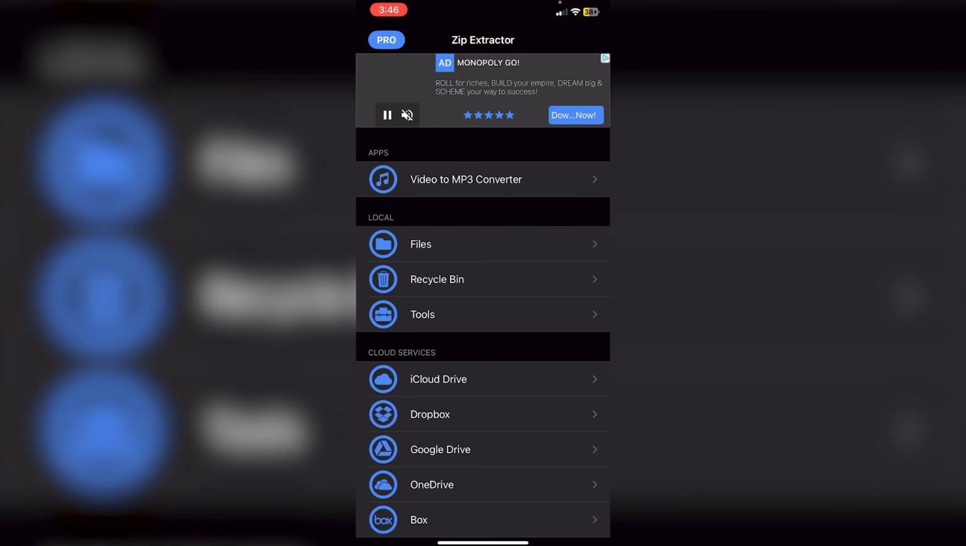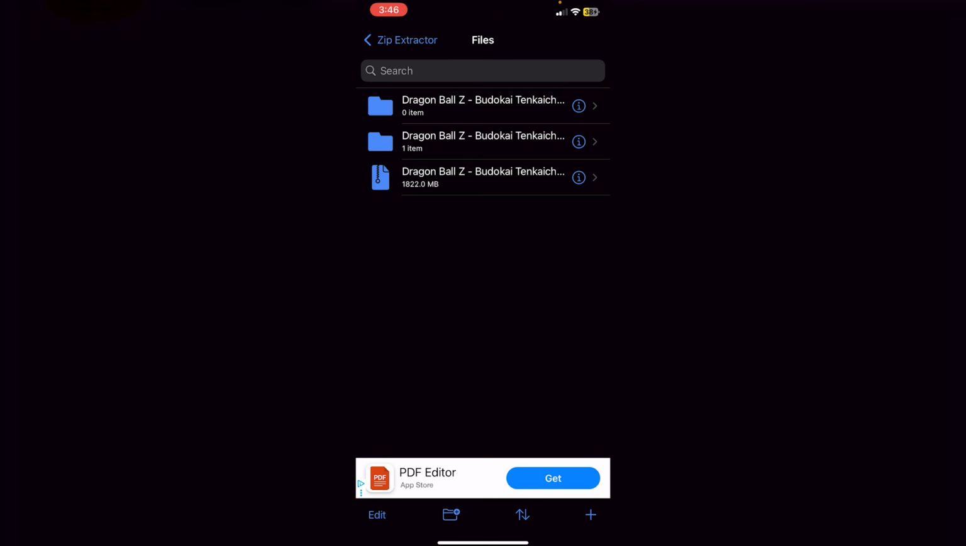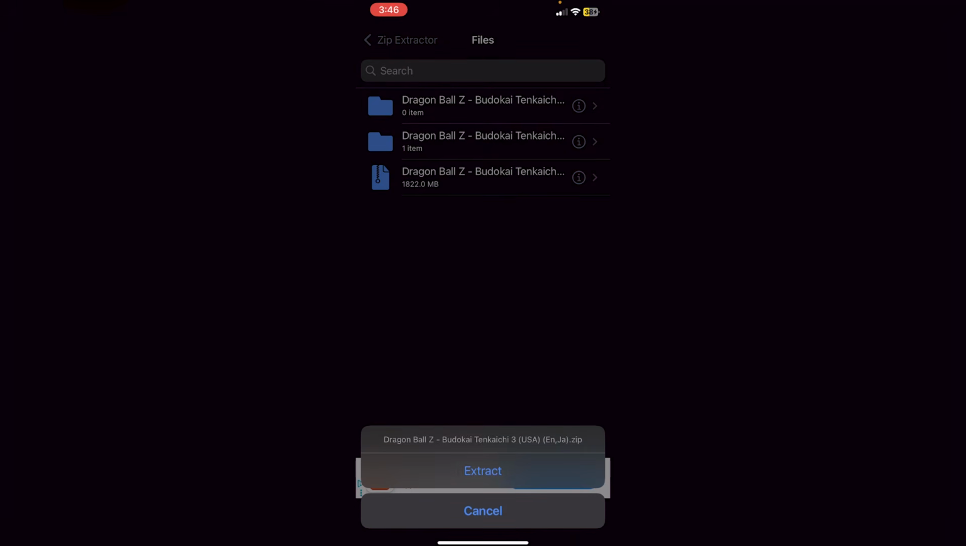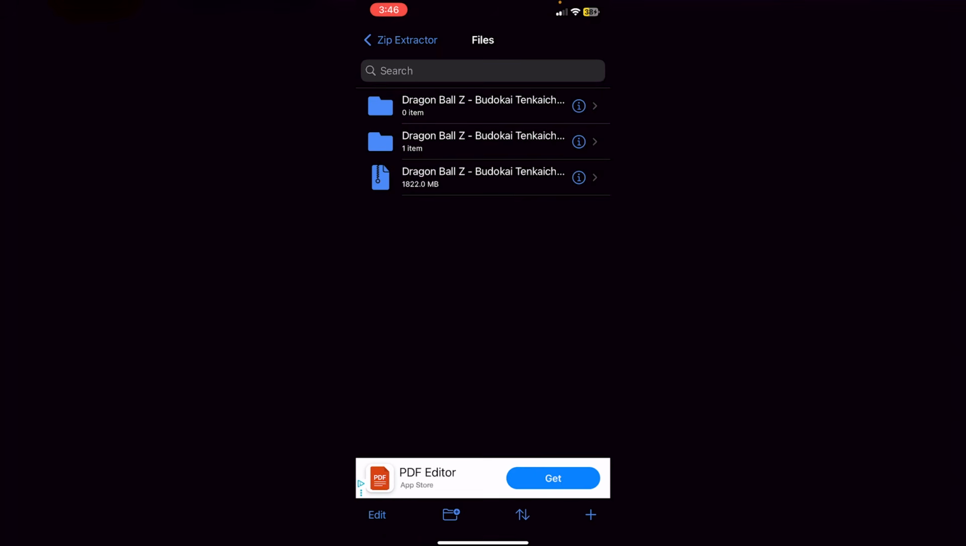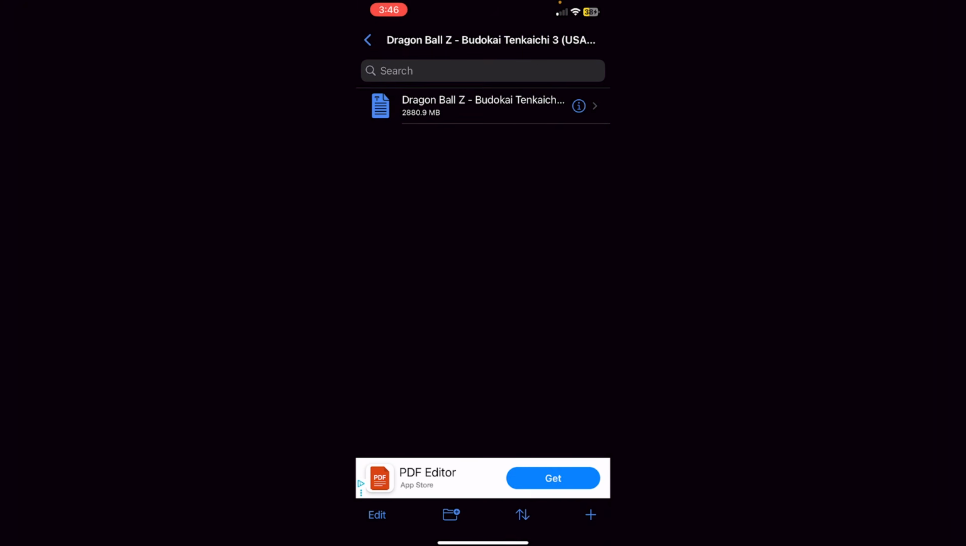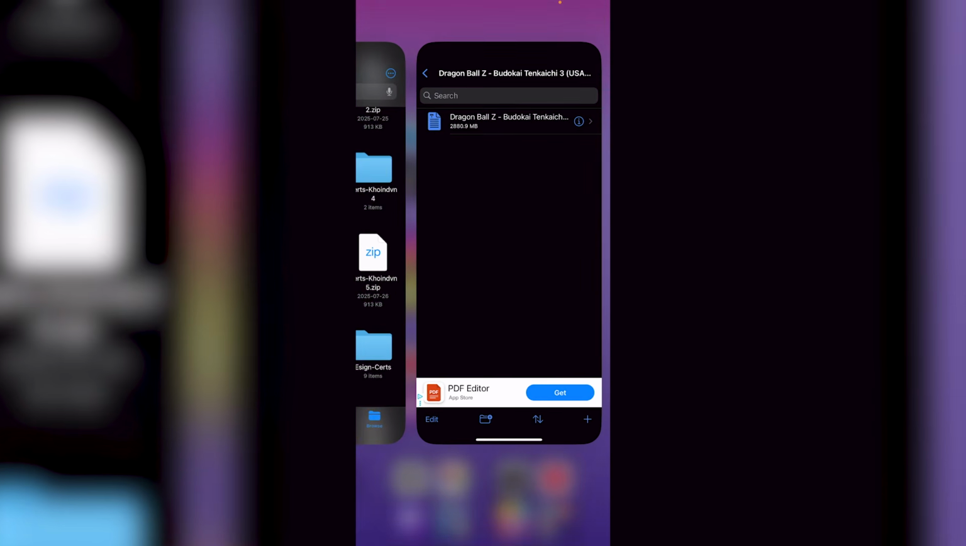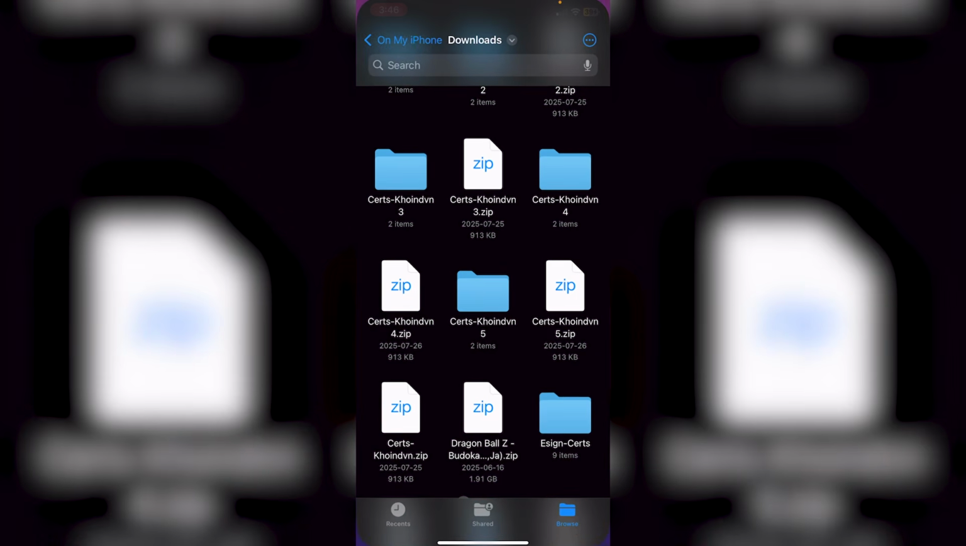So once you guys do download the Zip Extractor file and you've moved the zip file inside of the Zip Extractor folder, you're just going to click on files, and then in files obviously you're just going to click on that zip file here, and then you can just extract the zip file by just clicking on it and then click extract. But I've already done that, so as you guys can see, my zip file is already here. So what I have to do with this zip file is go back into Zip Extractor